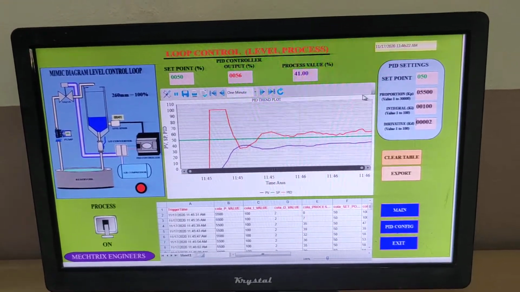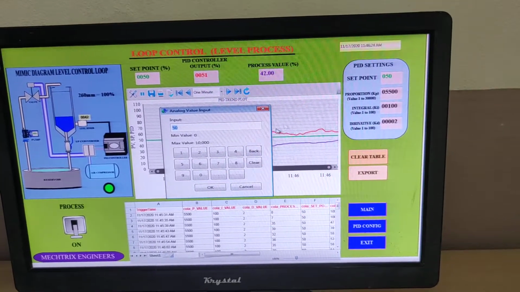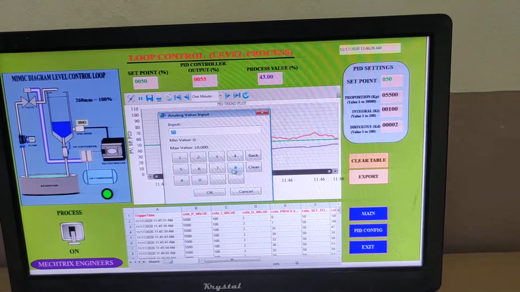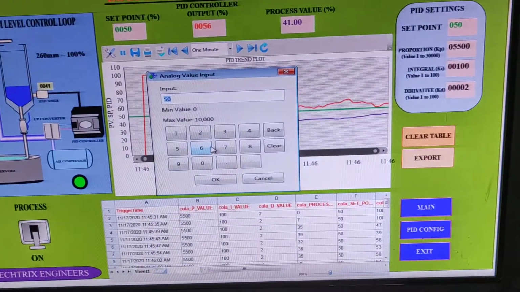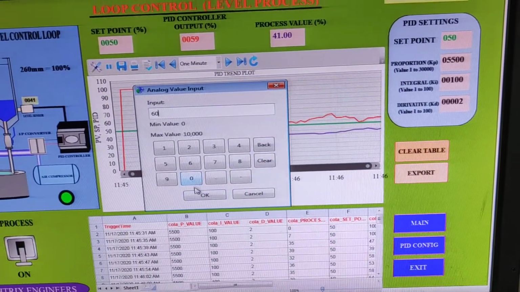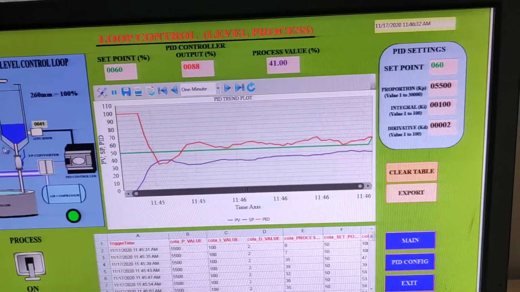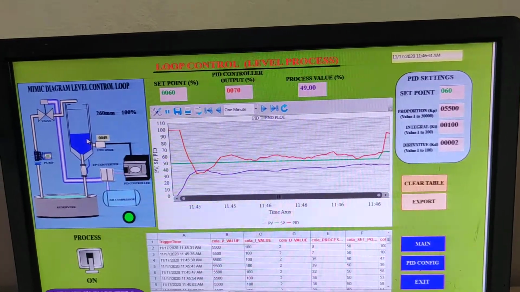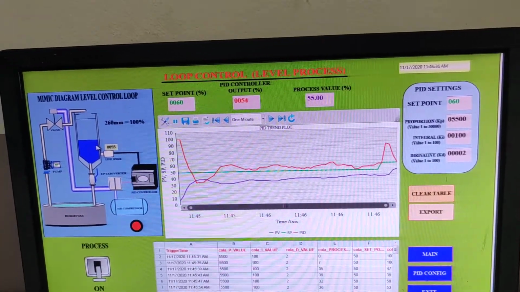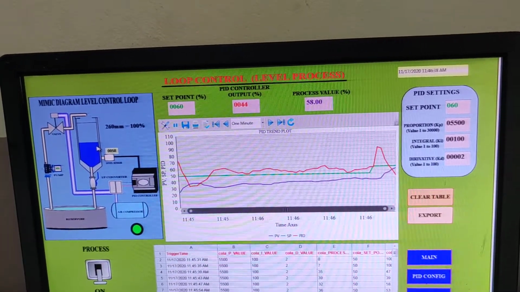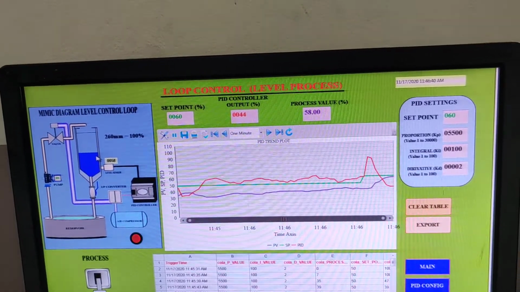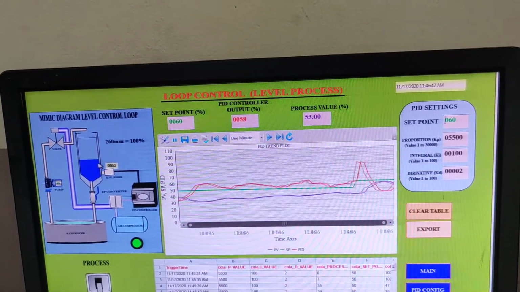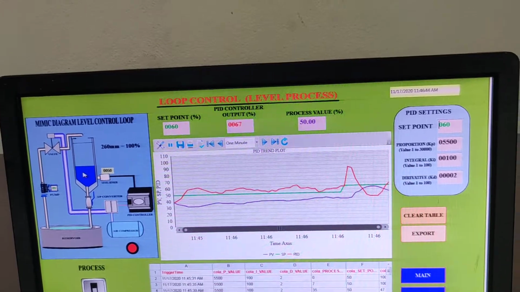For example, if you want to change the percent of level, I am going to change the percent. For example, I am putting 60. Now look here, it increases. It reaches 60% of its final value. When it reaches 50 or 60% of its final value, it maintains the same thing only.